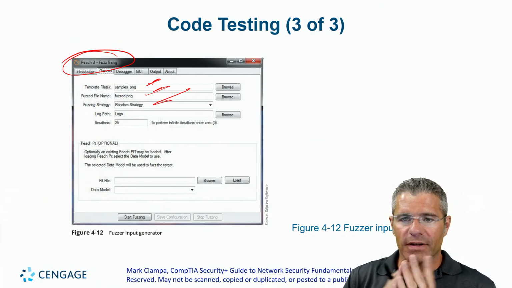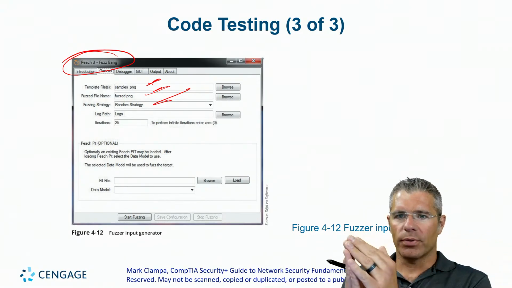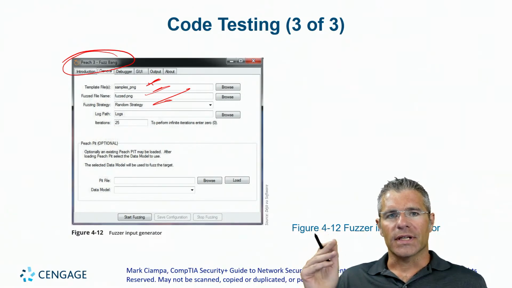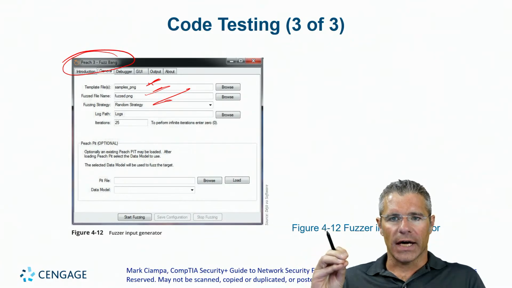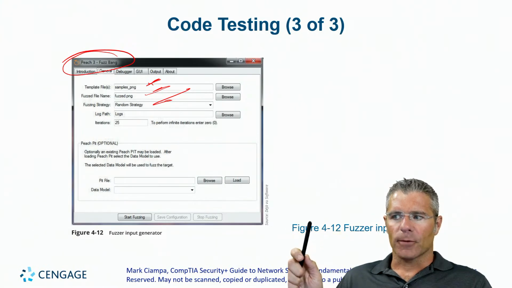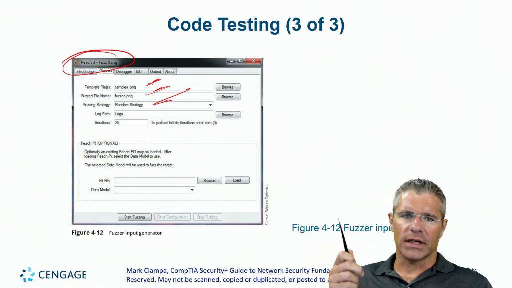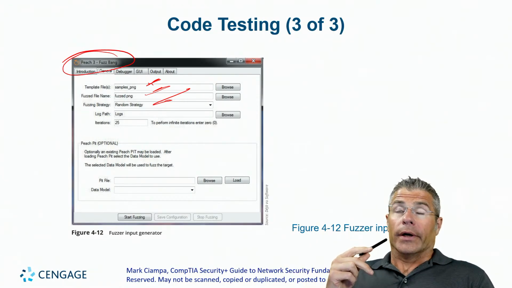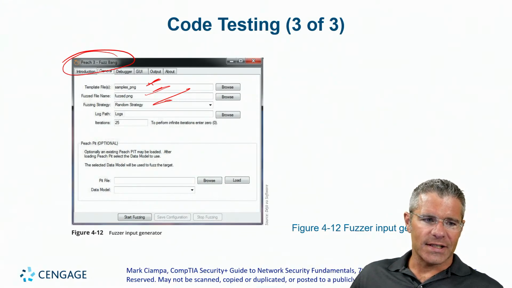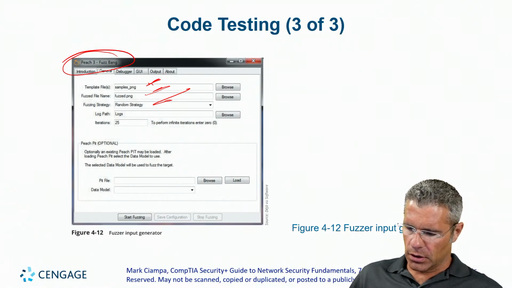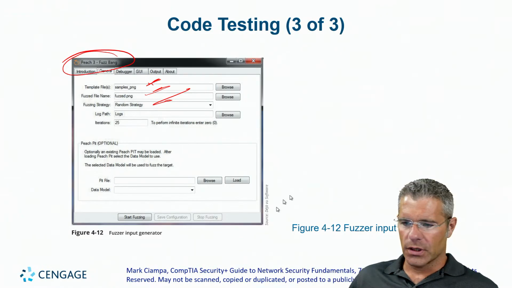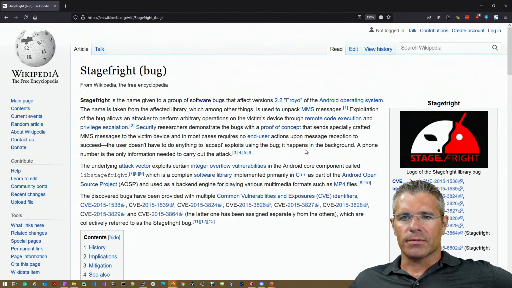And speaking of images and media files, anytime you take user input, especially user input that's complicated like a video file or an image file, it can potentially cause those memory corruption kinds of problems we were talking about, or a whole host of other problems. And I was thinking the Android Stagefright bug and associated bugs existed because Android was taking input from videos and causing all kinds of problems.